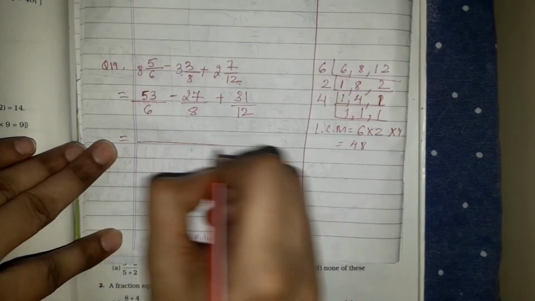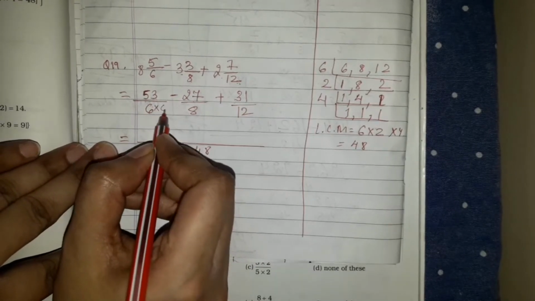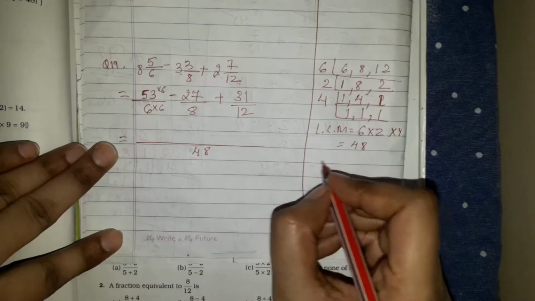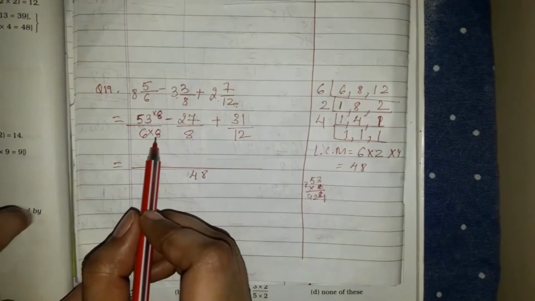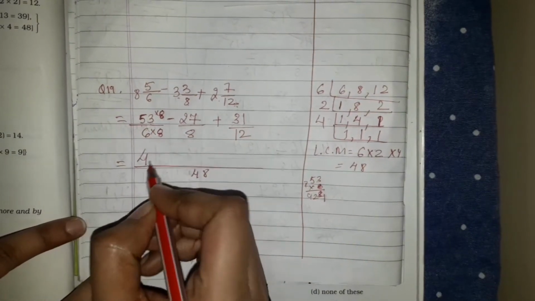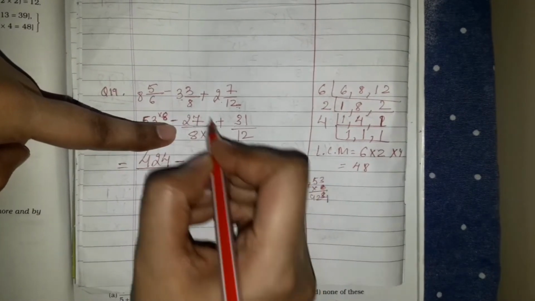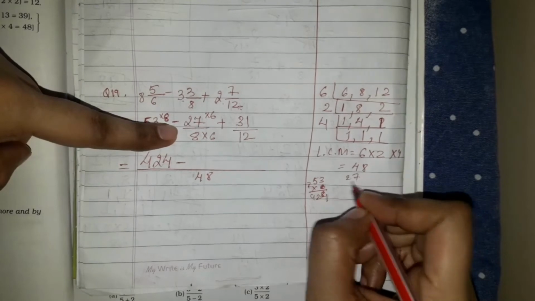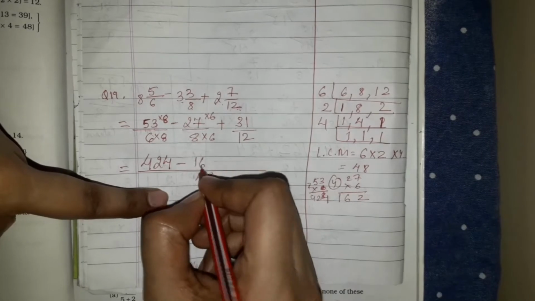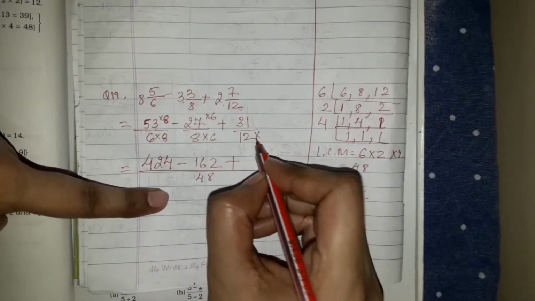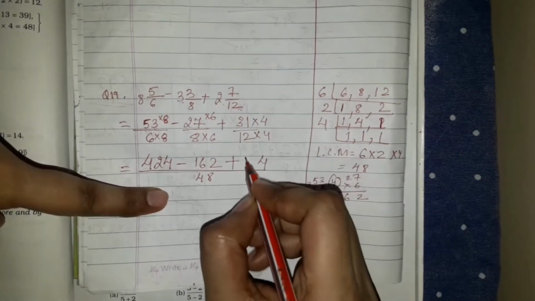Okay. Let's write 48 here and let's see how many times it will go here. 48 will go how many times? 6 times. So into 6. Okay. If we go here 53 into 6. It will go 8 times here and it will be multiplied here. So the answer will be 424. Minus sign will come. Let's see how many times it will go here. It will go 6 times. Okay. Into 6. 27 into 6, 162. And let's add. It will go how many times? 4 times. 48 will go here 4 times and 4 will be multiplied here. 4 1s are 4, 4 3s are 12.